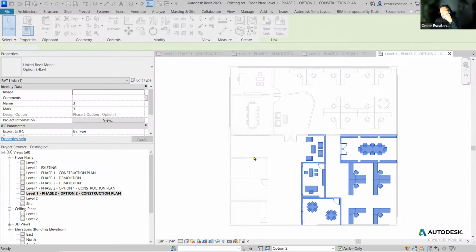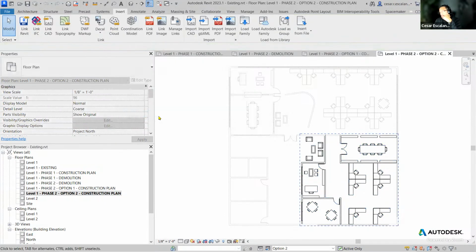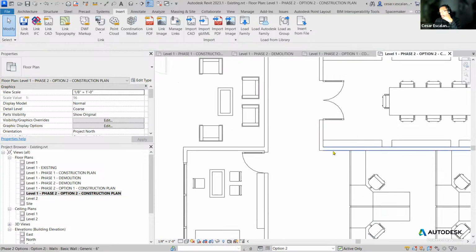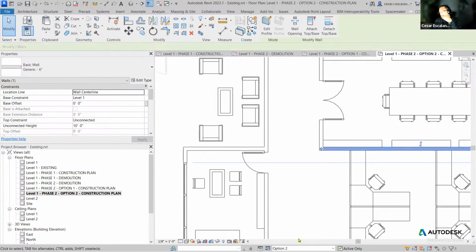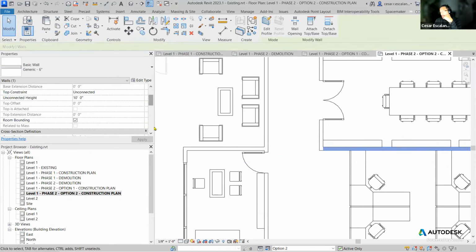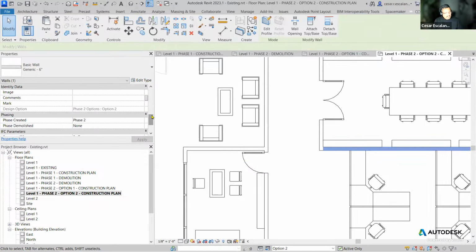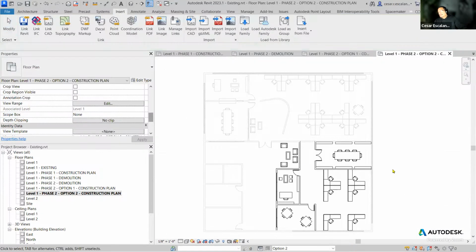Then it's going to ask you to remove the link. You can remove the link, and then ungroup it. Each of these elements, because it was pasted on phase 2, option 2, then the instance properties of each of these objects is design option 2, phase 2, as it needs to be. And there you go. I have a